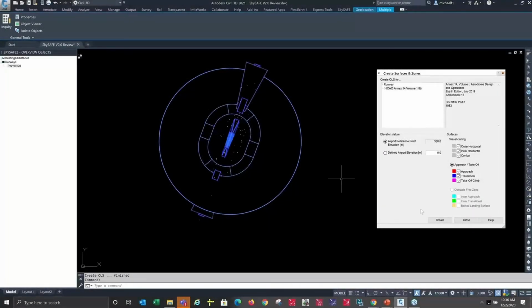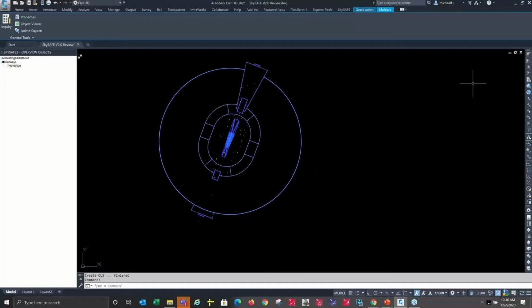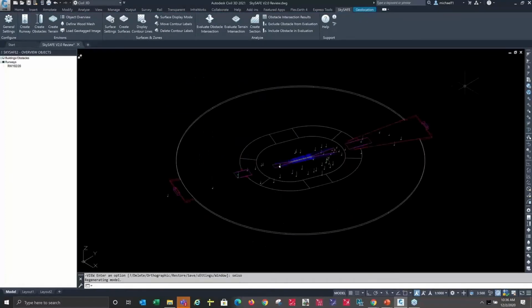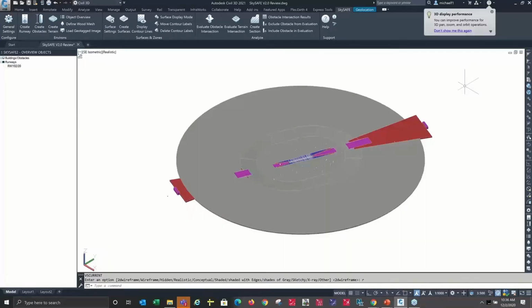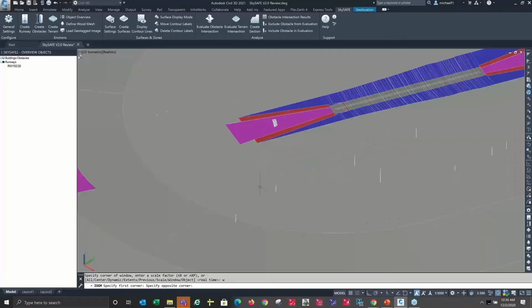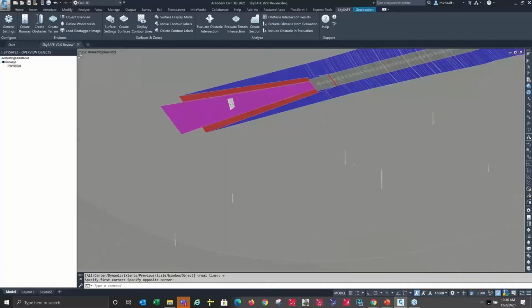So with the surface created now, we have the possibility of doing things like changing my view to, let's say, a southeast isometric. And if I change my shade mode to something like realistic, now we have the 3D representation of our OLS and our obstacles, and we can zoom in and look at things like our individual points or our wooded mesh surface here